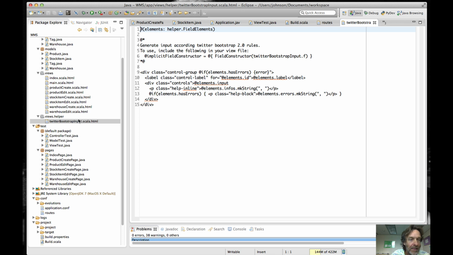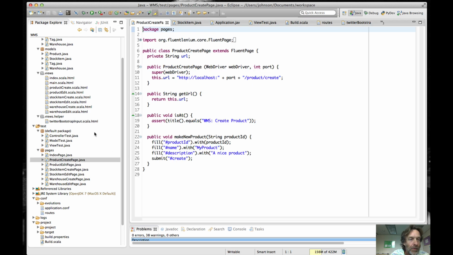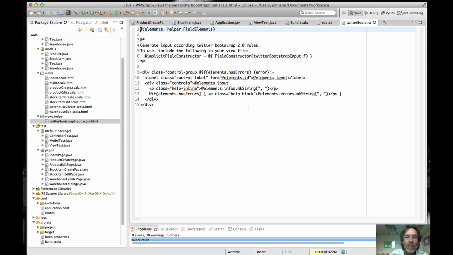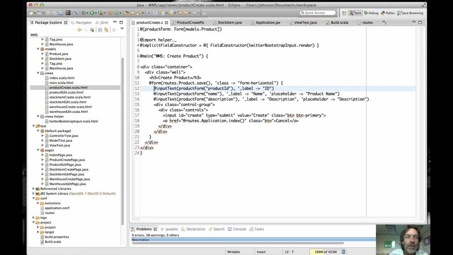The problem is that you also need some way to tell Play that when it invokes this @inputText macro, it's got to actually use this Twitter Bootstrap definition that we have here. And the way we do that is by including these two lines here. We have an import helper, which is going to tell it, you can look down here,